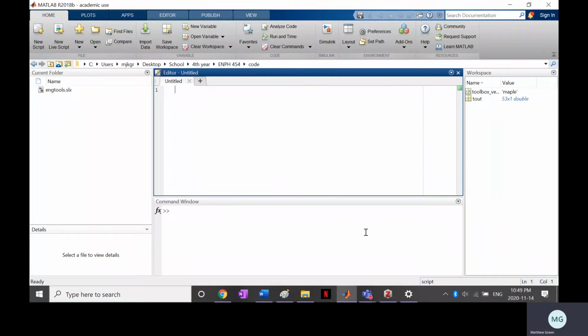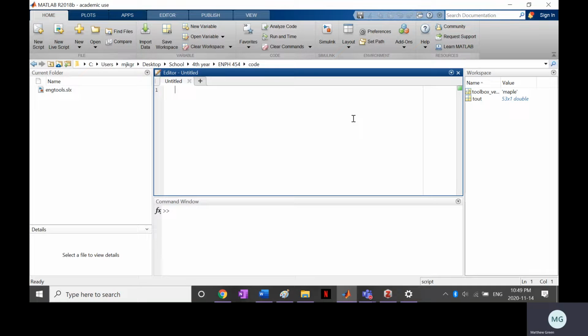Today I'm going to talk a little bit about how to use Simulink, what Simulink is, and how to go about using it. So first of all, Simulink is a modeling program built within Matlab that allows users to create block diagrams and create control systems, and then interfaces really well with Matlab. But for today, we're just going to be creating a simple control system that's going to be able to respond